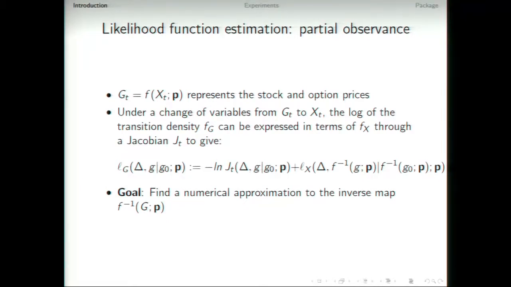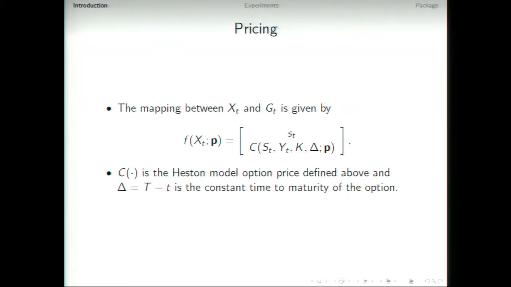We just need to know what this function is, which maps from our partially observed to our fully observed. And we also, once we have our Jacobian transforming between the two different variables, the fully observed and the partially observed state variables, which in this case turns out to be the vega of the option, all we have to do then is find the inverse of this map between the partially observed and the observed. And so if our function map is given by,